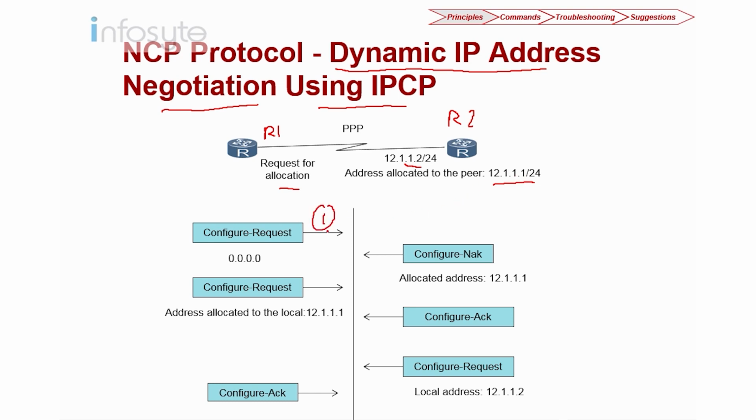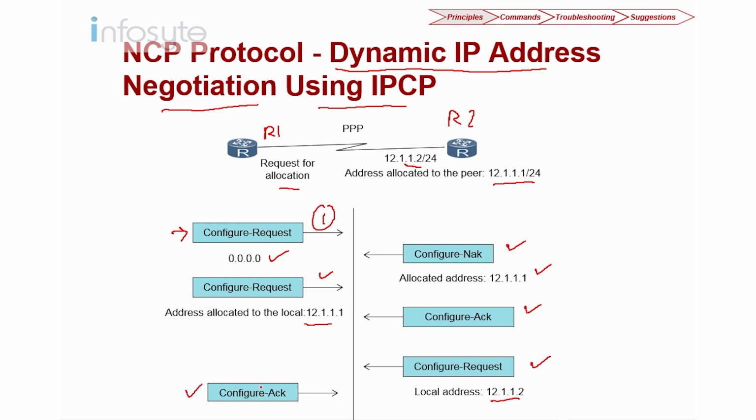Now the first phase here is R1 is going to send a configure request to R2, requesting for 0.0.0.0. Upon receiving the 0.0.0.0, R2 will send a configure Nak saying that 0.0.0.0 is not acceptable. So I'm allocating 12.1.1.1 to you. Now R1 upon receiving it is going to change the parameters and request for 12.1.1.1, and R2 confirms by sending a configure acknowledgement. At the same time, R2 will also send a request to confirm that I'm using 12.1.1.2 and finally being acknowledged